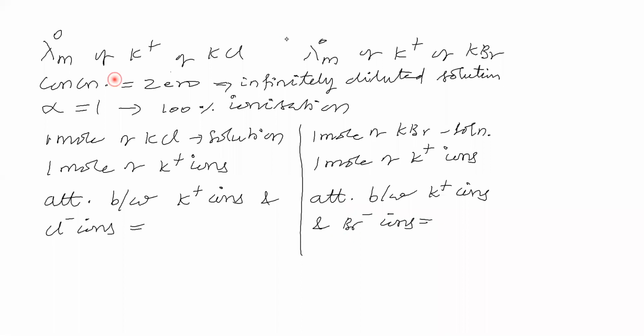Now see, concentration is 0. You have to think about what that means. Now suppose we are taking a glass of lemon juice. Suppose we say it is nice, it is tasty. We feel that we want to drink one more glass of juice. That means the sweet taste is there. That's why we are saying so.